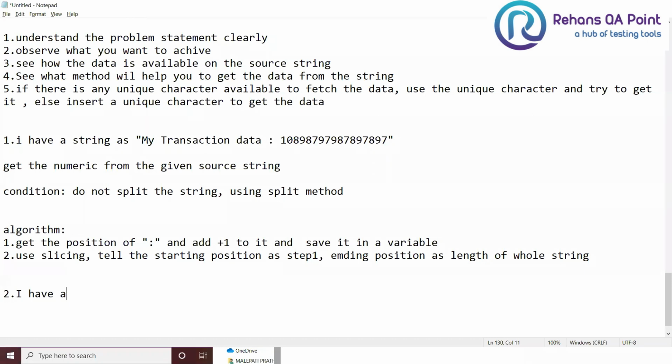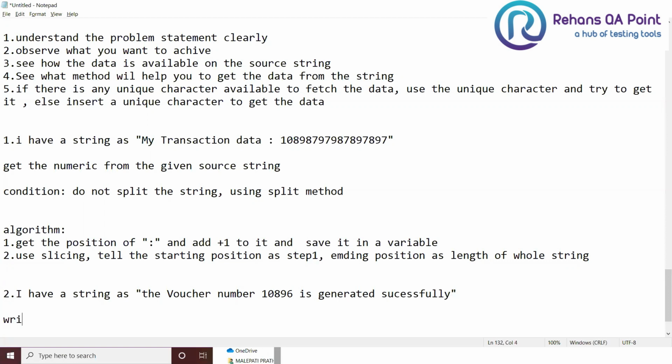I have a string: The voucher number 10896 is generated successfully. The voucher number 1086 is generated successfully.